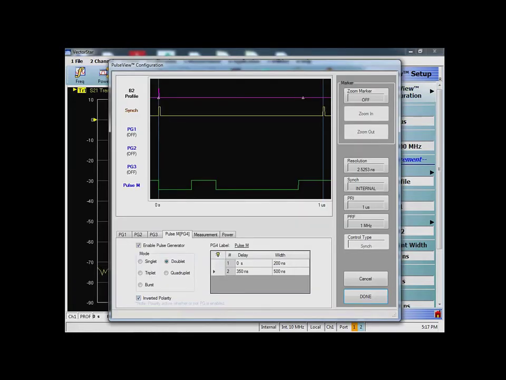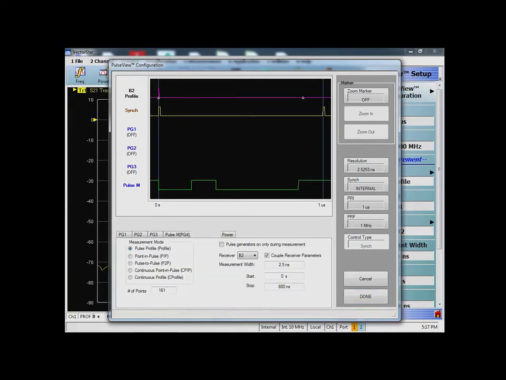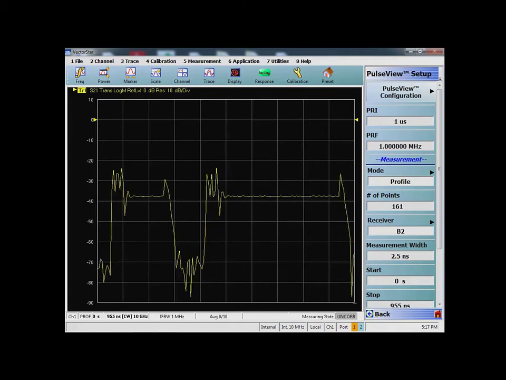We go back here, and instead of the measurement stopping at 880 nanoseconds, let's do 1 microsecond, or maybe say 995 nanoseconds, so that we are covering the entire thing, or maybe you can actually reduce it a little, and let's say, okay, now this should be good enough. Yep, and I say done. Although I should have calculated the number of points, it's just to show you how quickly and how easily you can configure the pulse modulation using our